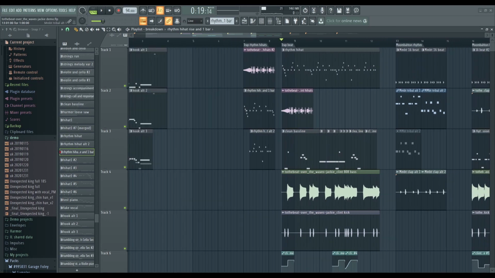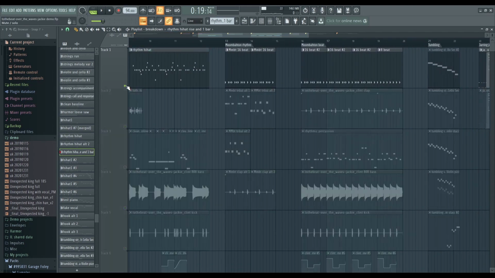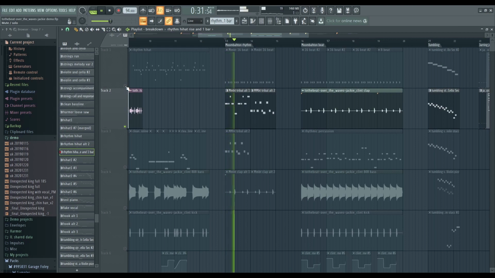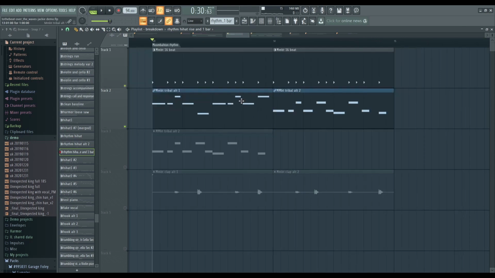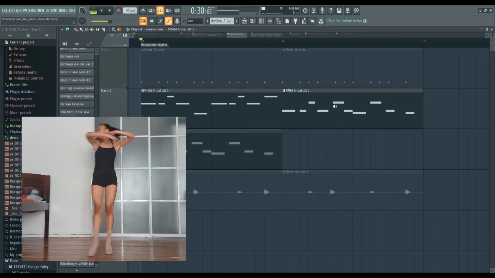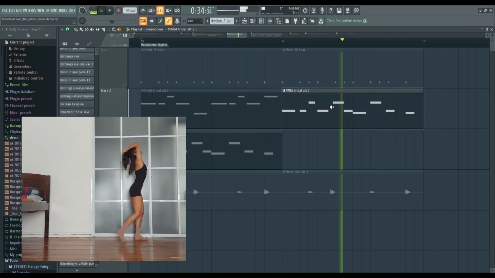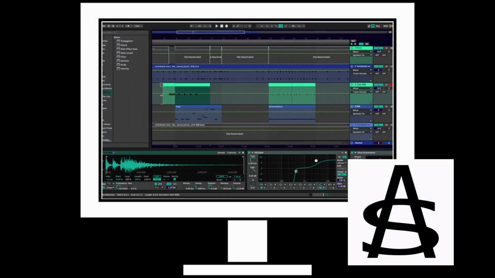I wanted the percussion to sound colorful and stable, so I made this guide beat. I varied the rhythm on a tribal drum into these 2 variations. You can see that the guide beat and the treble drum line up very nicely. Here, here, here, here. The second variation is based on Jackie's slightly dampened motion. Then Afterscience identified this rhythm as Mumbaton.